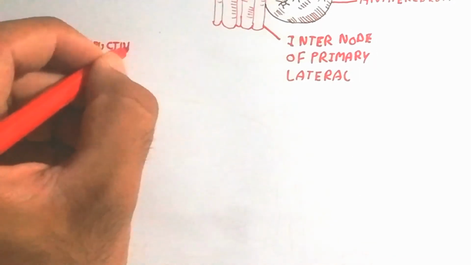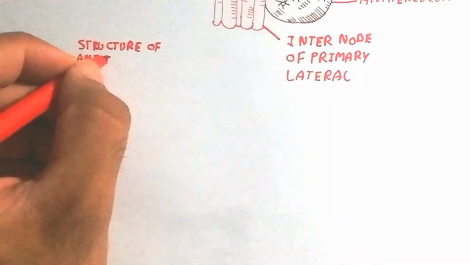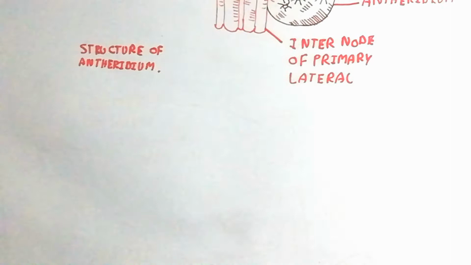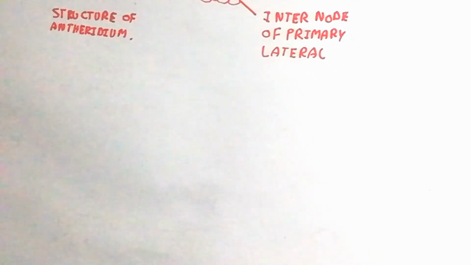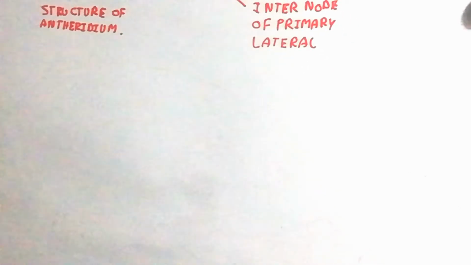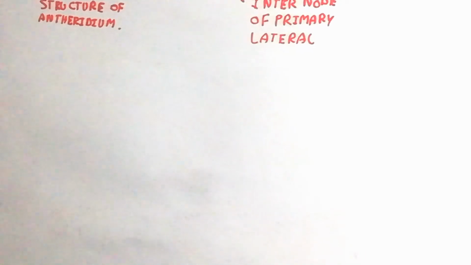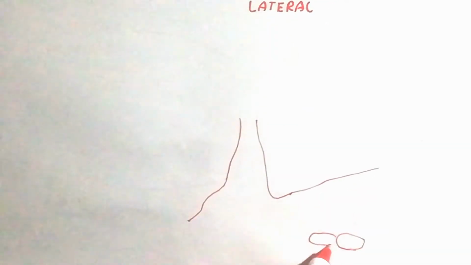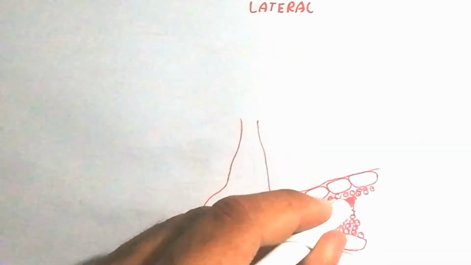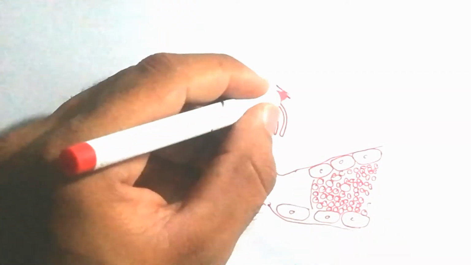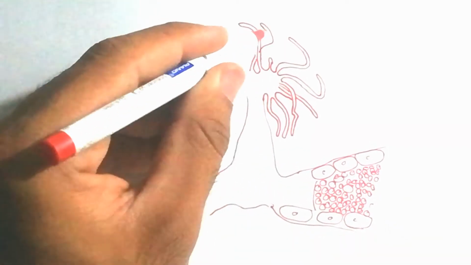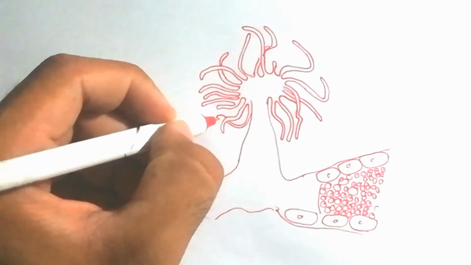organ for the production of antherozoids. And here is the internode of the primary lateral, the internode which is present over here. Now we will talk about the structure of the antheridium shown in the figure, which is the cross section of the